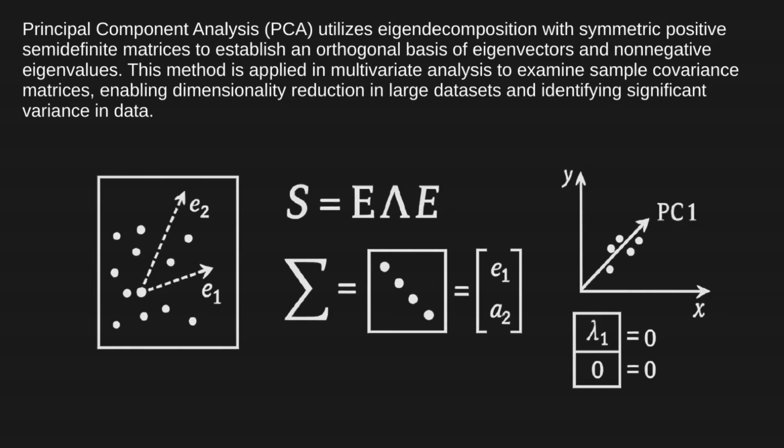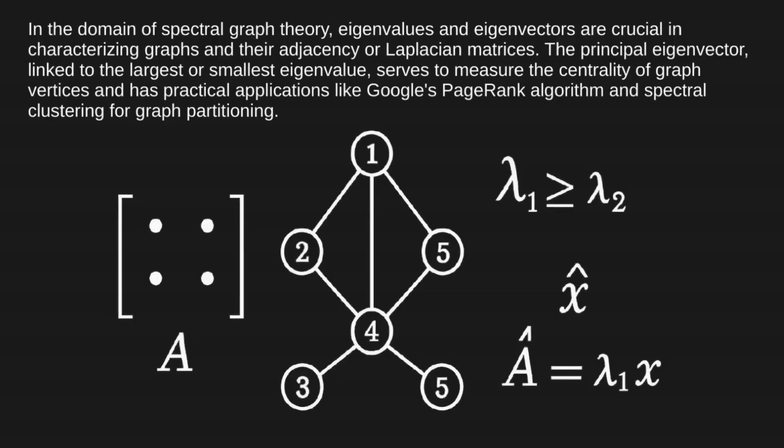Principal component analysis, PCA, utilizes eigendecomposition with symmetric positive semi-definite matrices to establish an orthogonal basis of eigenvectors and non-negative eigenvalues. This method is applied in multivariate analysis to examine sample covariance matrices, enabling dimensionality reduction in large datasets and identifying significant variance in data. In the domain of spectral graph theory,